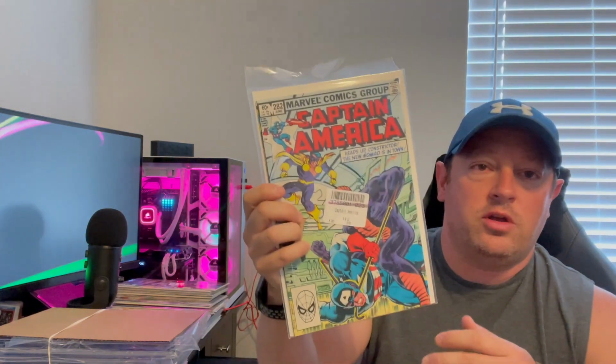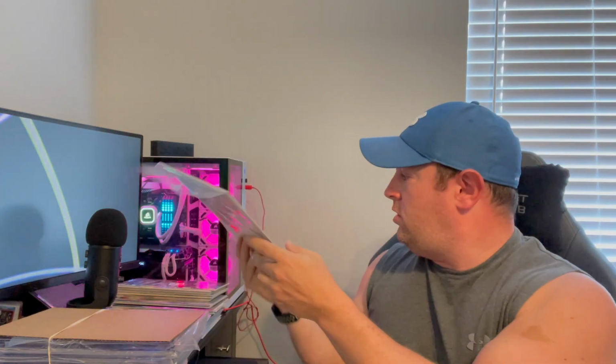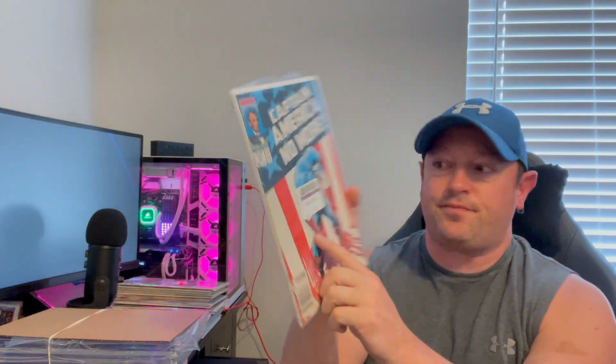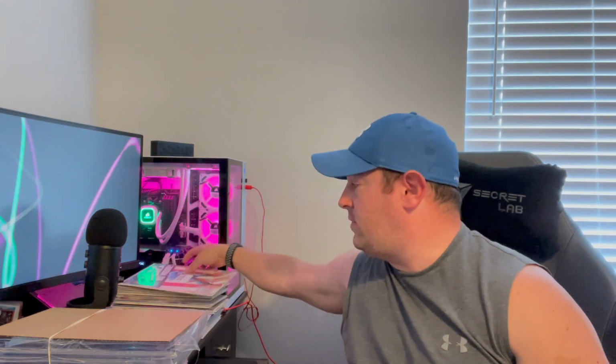Here's number 282. Again, these are not my bags and boards. I'm beyond pissed off. Captain America 332, a newsstand. Again, not my bag and board, just crap. The comic itself looks really good. I don't even know what to say when you see stuff like that. It's just kind of